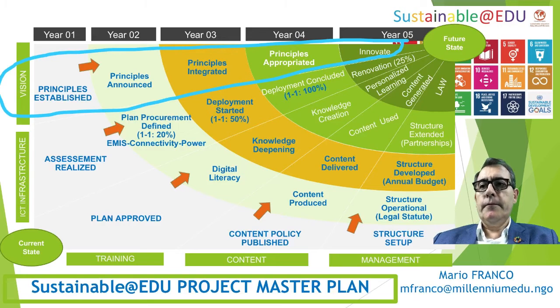As you can see, this plan is for 5 years and is divided in 5 pillars, in 5 areas of work. This is the first one, related to the vision of the project. It is very important to define the vision of the project and to evolve with this vision during, let's say,